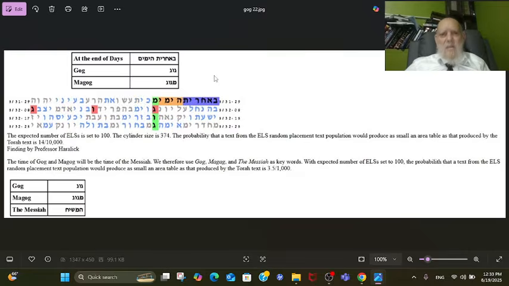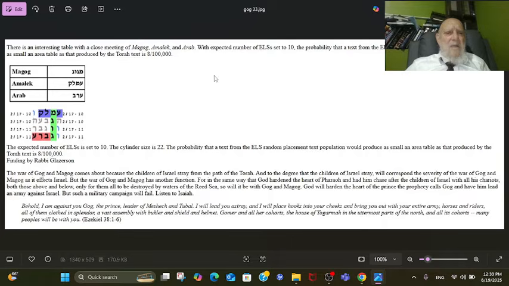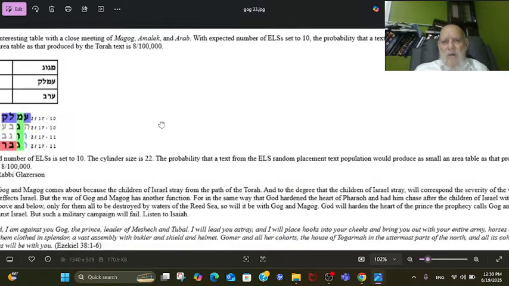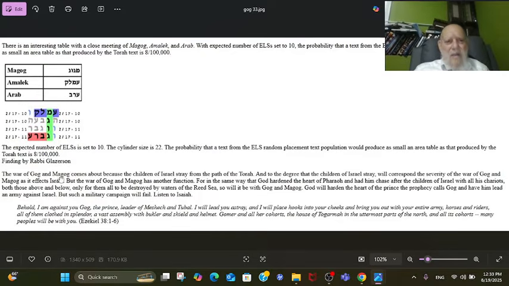Professor Haralick explained exactly, with a lot of explanation about what you are going to see. It is important because he explains that the war of Gog and Magog comes about because the children of Israel stray from the path of the Torah. But he will tell you exactly everything which is written there.